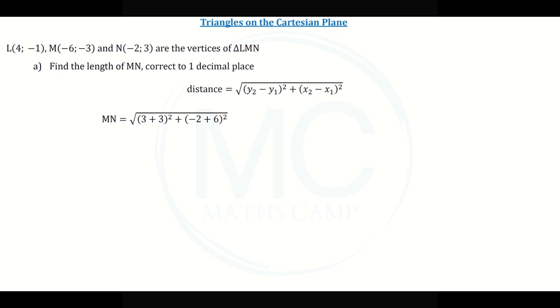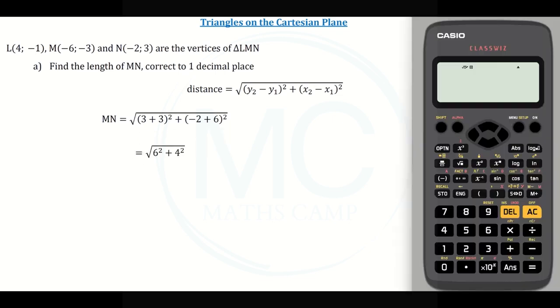Now, before we put these values into our calculator, let's simplify the brackets. 3 plus 3 gives us 6, so we have 6 squared, plus negative 2 plus 6 is 4, so we get 4 squared, all under a square root. Now we can take our calculator and we say square root of 6 squared plus 4 squared is equal to,